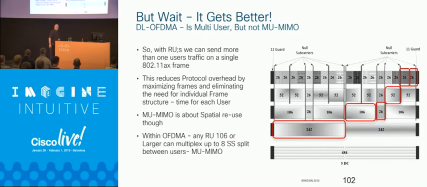All right, so OFDMA out of the box is multi-user, right? It's not multi-user MIMO, but it is multi-user Wi-Fi because I can mix and match multiple users within the same transmission space. If I send one packet, I have one amount of airtime on the air. So this is going to drastically reduce that airtime. You had a question? What happens if you have overlapping BSSs with OFDMA? Don't know. Working on that right now.